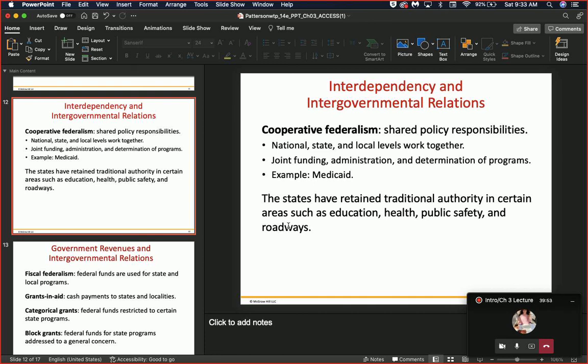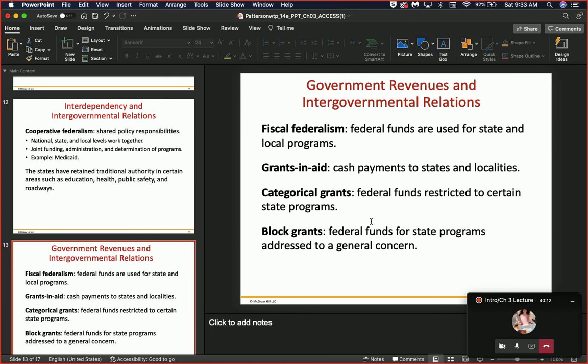So you notice that there's a certain part of the year where everybody has abandoned the construction projects, right? That is because of that balanced budget of Texas, and that is the state's regulation of the roadway, okay? So government renews and intergovernmental relationships. Remember that? Intergovernmental meaning between two or more governments, okay?